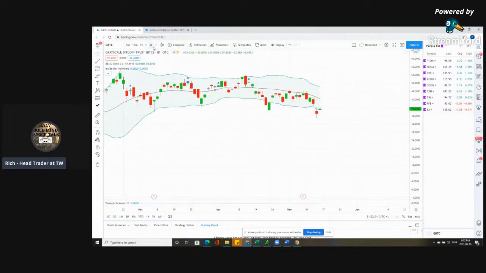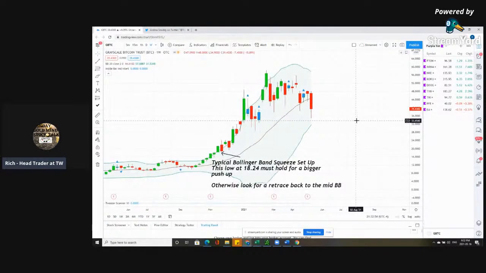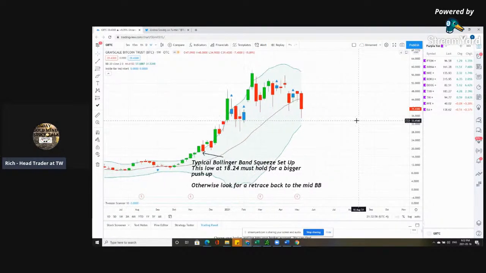How is this one different than Bitcoin? I don't trade these, so I wouldn't really know. But I'm